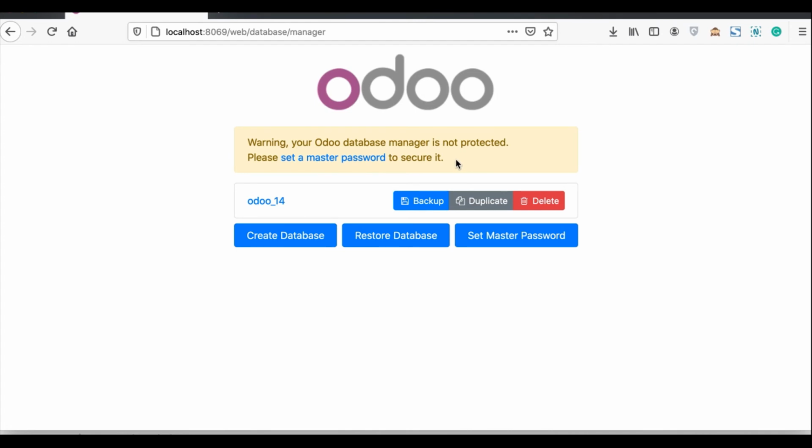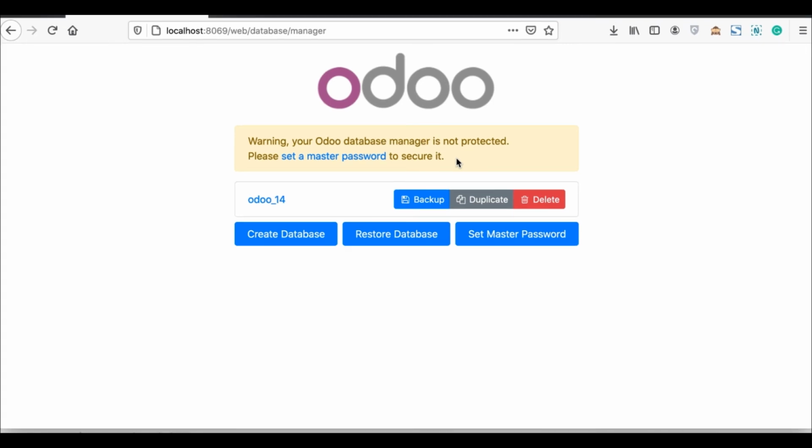Plus it also checks that hidden file created by Odoo. Over there it checks whether admin_password is present. If it is not there, this warning message will pop up.